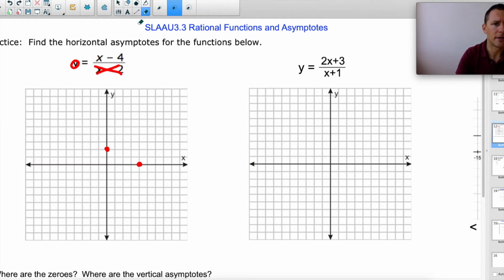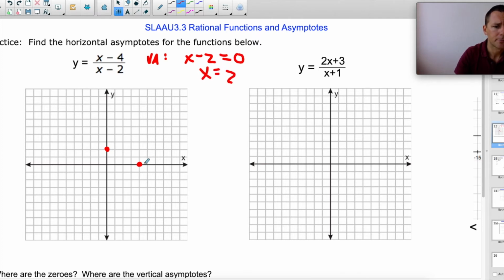And then the vertical asymptote occurs when the denominator is 0. So when x minus 2 equals 0. So that occurs when x is 2. So here,